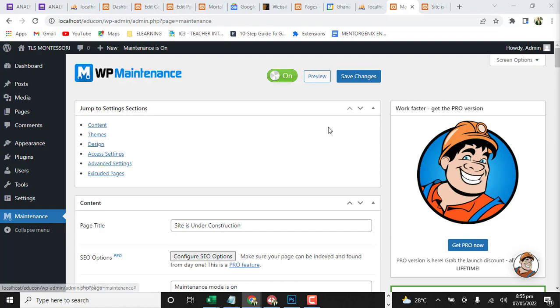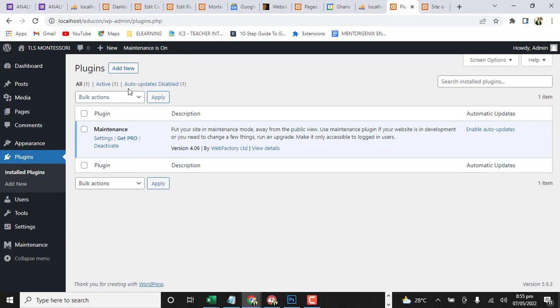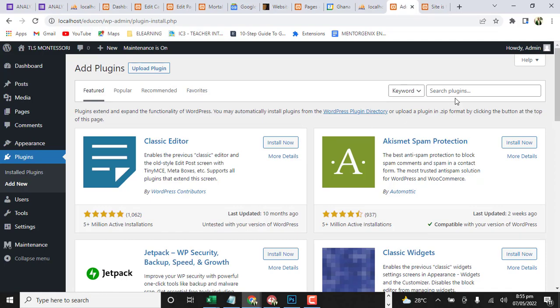Okay, now let's install a plugin. So let's go to plugins. Then let's add a new plugin. The same process. So we go to search. Go to search for templates